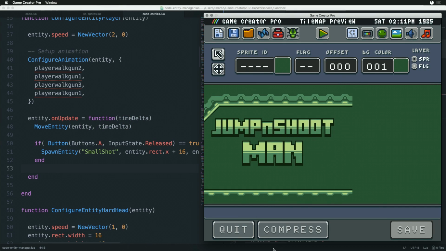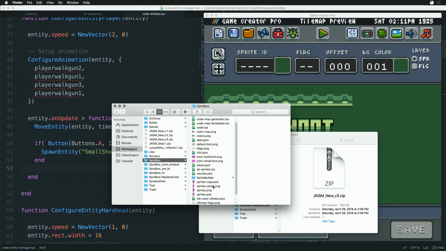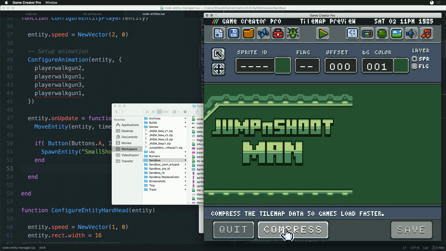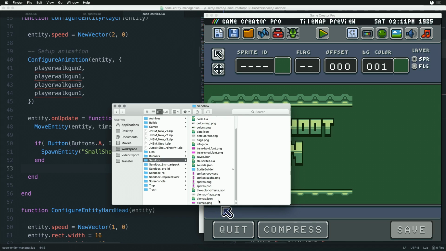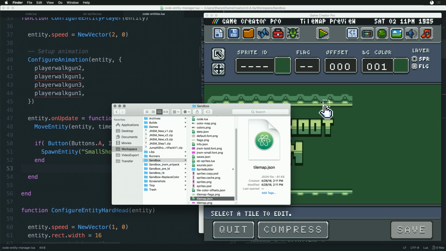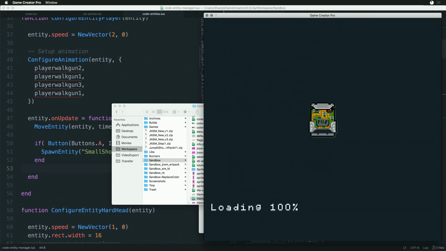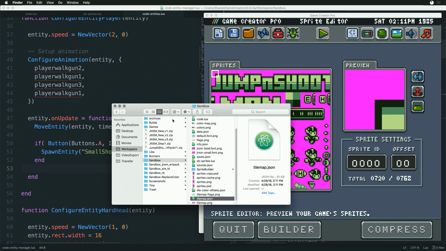So, all right, we're going to generate out a tile map JSON file. Basically, when you come into the tile map thing and hit compress, it takes the PNG and turns it into a JSON file that the tile map editor can use. And it also goes in and compresses the artwork. So since I have the flag set to,